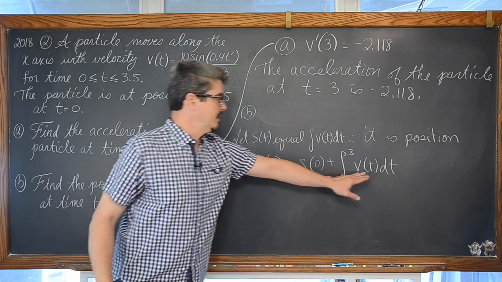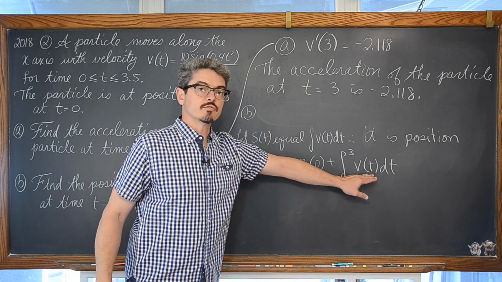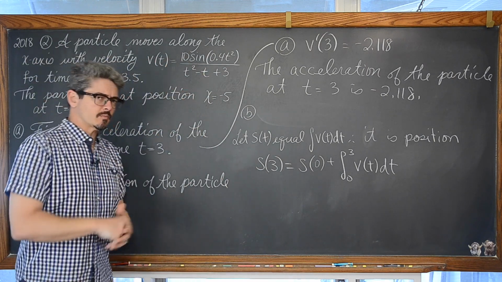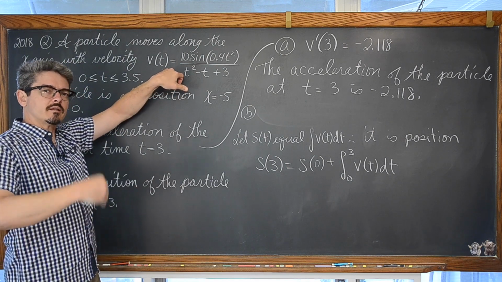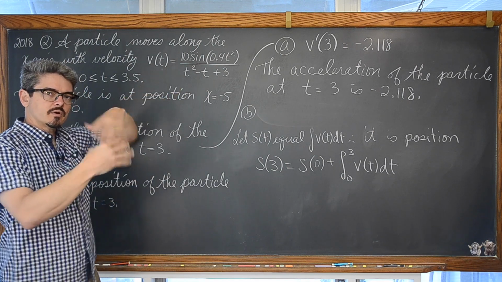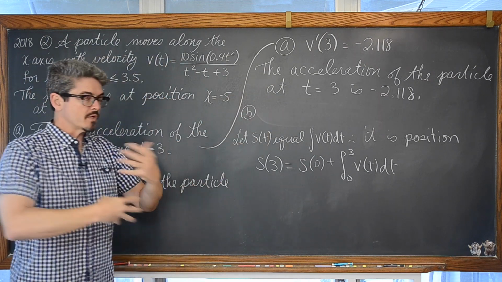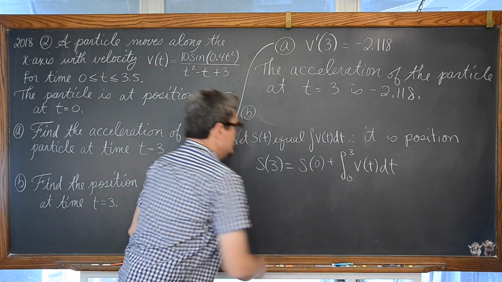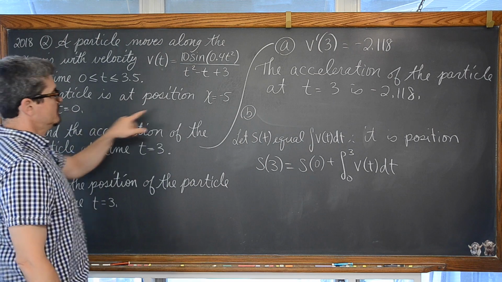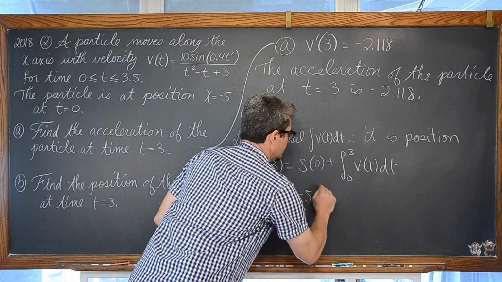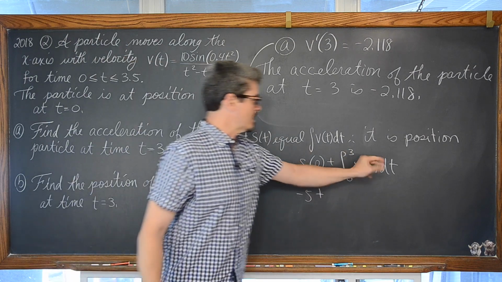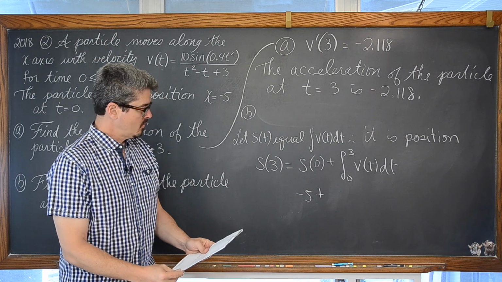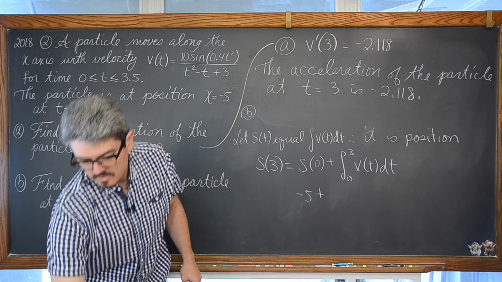Okay, and I'm just going to put in this notation for v of t because it's actually a good idea with these, again, the calculator-based questions. We did this with question number 1, is to actually put this somewhere in your calculator, like a y sub 1 or a y sub 2 line, where you go to type in your functions to graph so that you can just recall it from the memory instead of typing it over and over and over again. So we have s of 0 is equal to -5, and then plus that we're going to then type this into our calculator and get